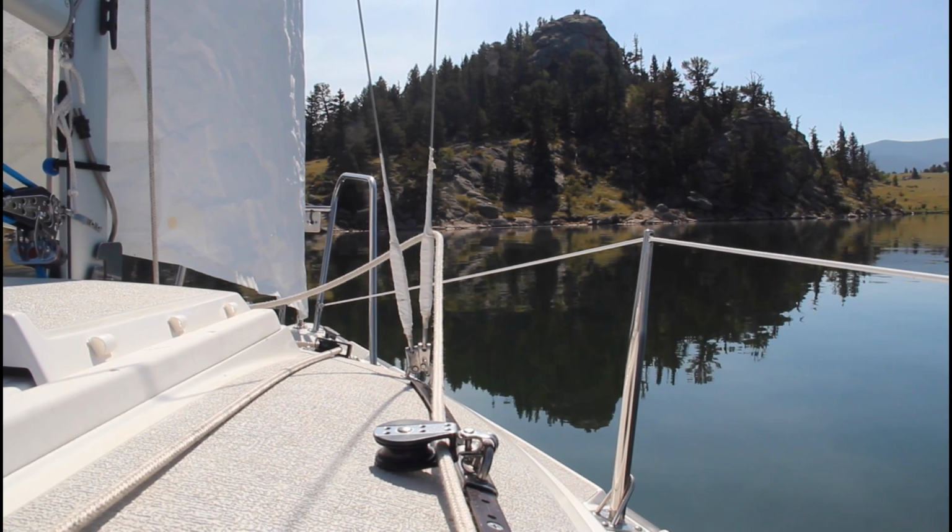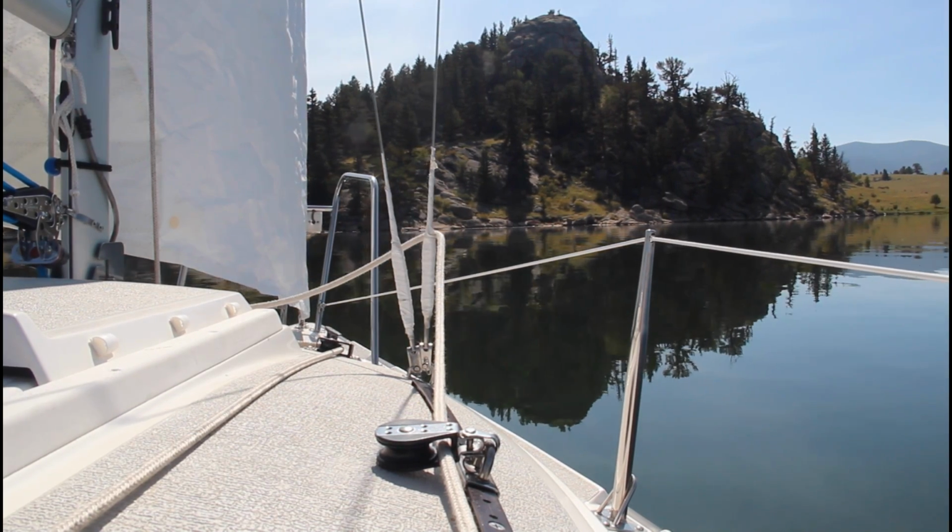In last week's episode, I was cruising around in a small cove taking depth sounder measurements. I was trying to figure out if the cove was a place where I could anchor, especially during a storm. So today what I want to do is go a little more in depth and explain exactly what I was